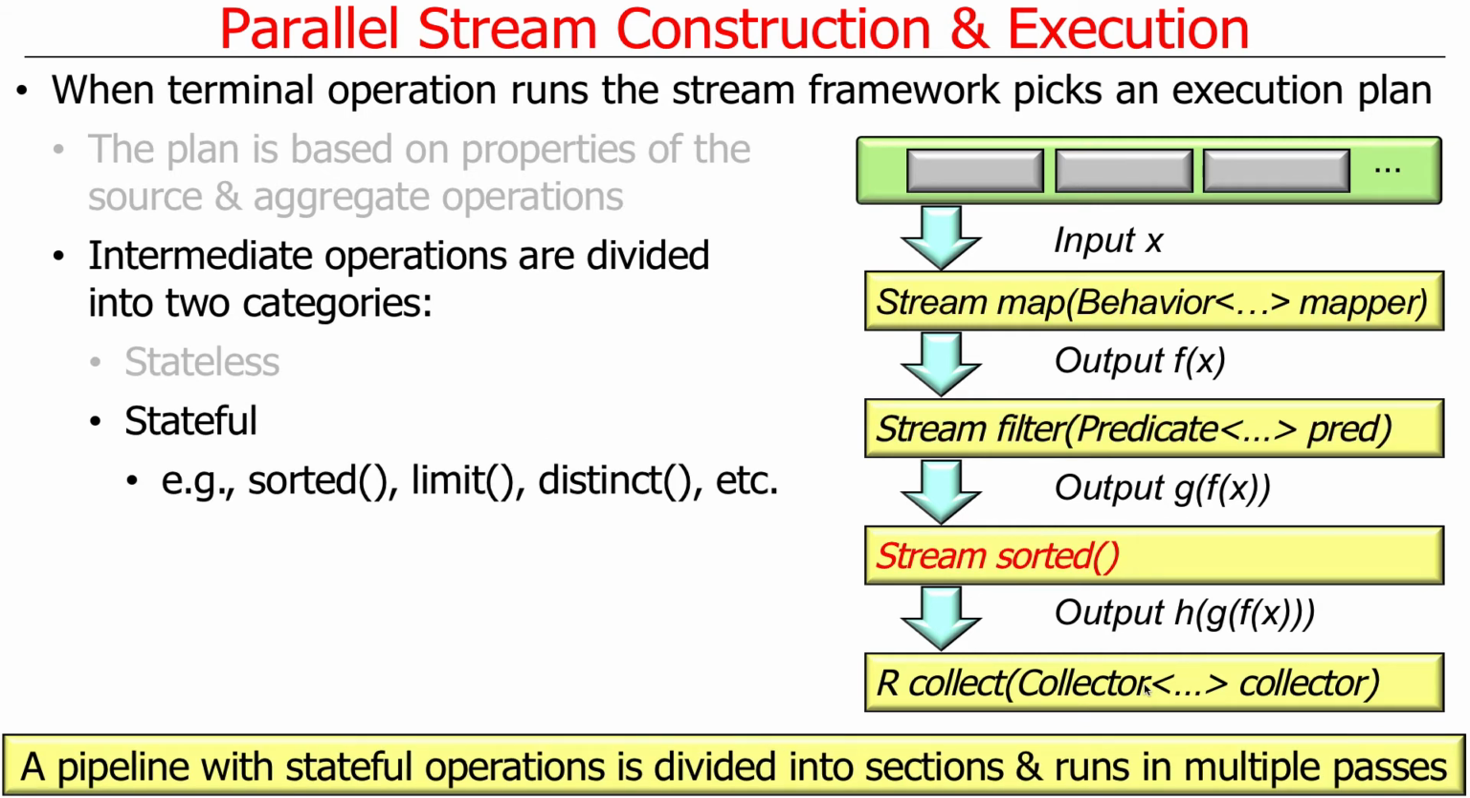There are also stateful operations, and these include things like sorted, limit, distinct. And what does it mean for something to be stateful? What does that imply to you if it's a stateful operation? Right. So a good example is sorted. You're not going to be able to sort the data in a single pass, right? You have to basically get it all together. And once it's all together, then you sort it, and then you pass it on to the next stage in